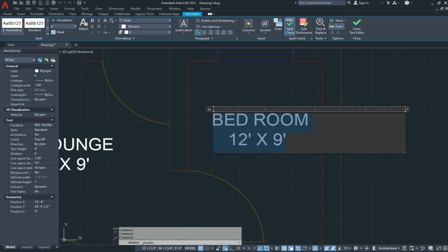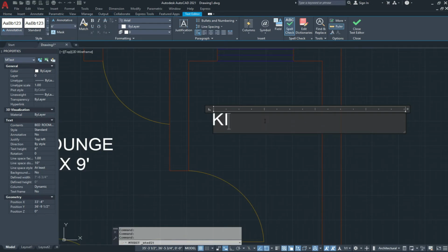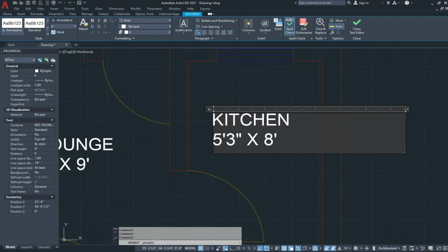Select all and type kitchen and give the value 5 feet 3 inches into 8 feet, and click on close text editor.